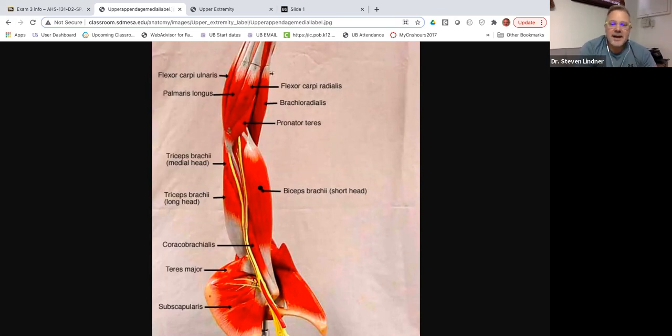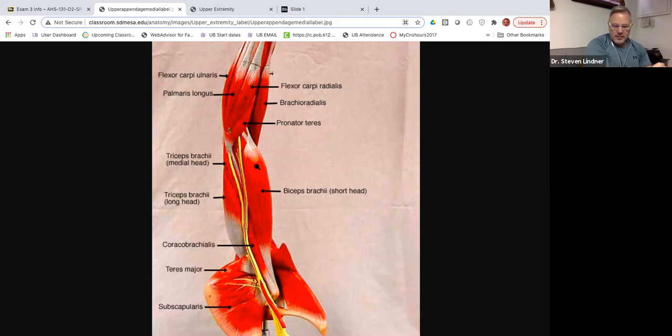So please go back and watch range of motion of the upper and lower extremity because the biceps flexes the elbow, flexes the shoulder, and supinates the forearm. It is actually the strongest supinator when your elbow is flexed. In fact, if you take your right hand and you bend your elbow 90 degrees,